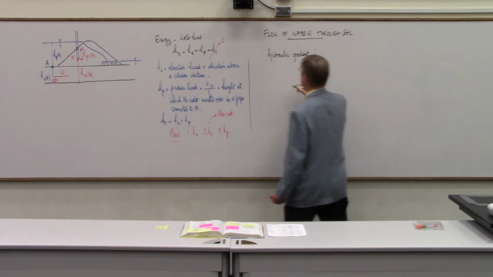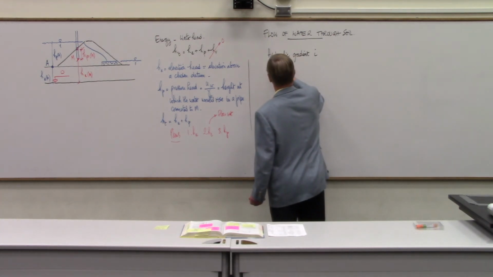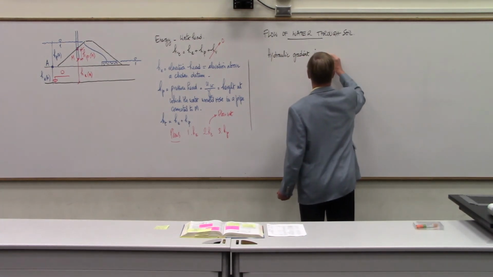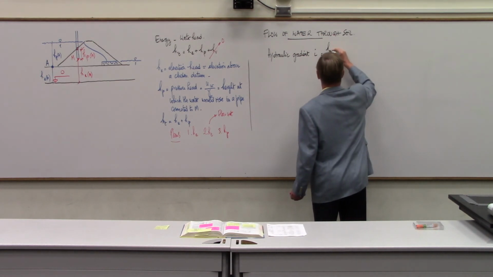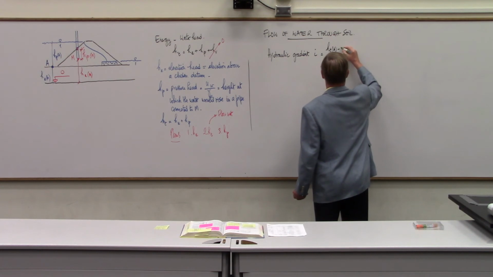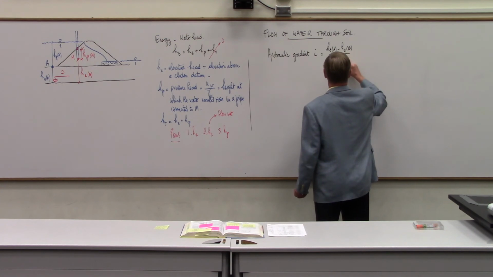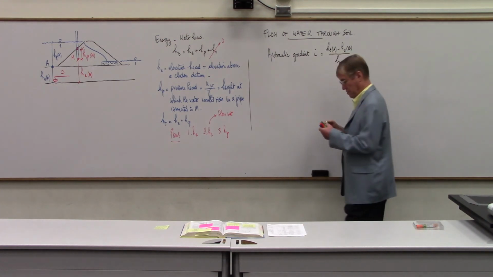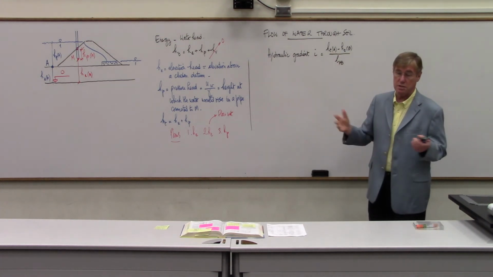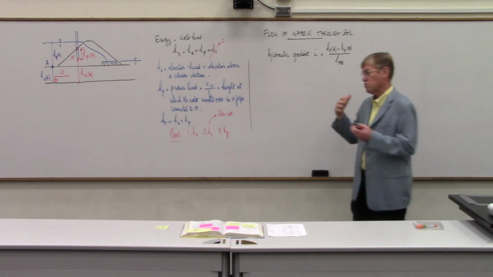The gradient is defined as the total head at A minus the total head at B divided by the drainage length from A to B. That's the definition. So it's a gradient, it's a slope if you wish,